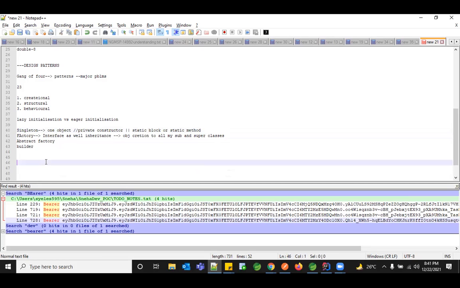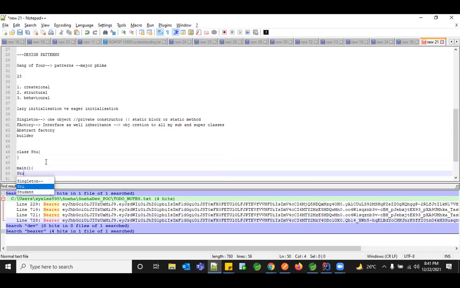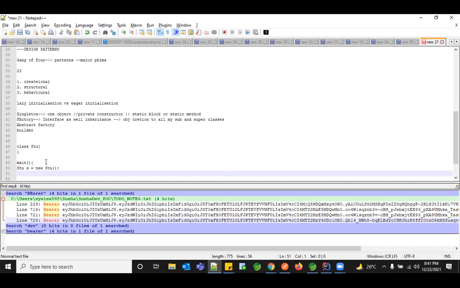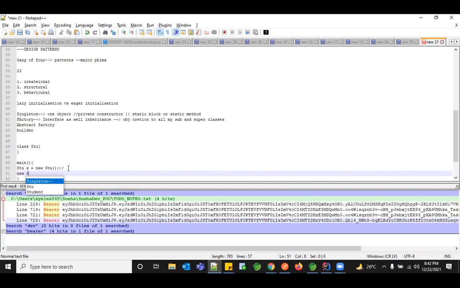No. If you have a class, for example class Student, and my class is public, wherever I want to create an object in my main method, I'll just give Student s equal to new Student. That's it. This is the way to create an object by default, because your class is public and you're giving access to whoever accesses it with the new keyword. But right now what I'm saying is, whether or not you have a default constructor within this class, whenever you create this object, your constructor gets invoked and your object gets created. But I don't want this to happen every time. I want to restrict it. Whoever wants to create a Student object should create it only once through one static method, where it is created using the new keyword.